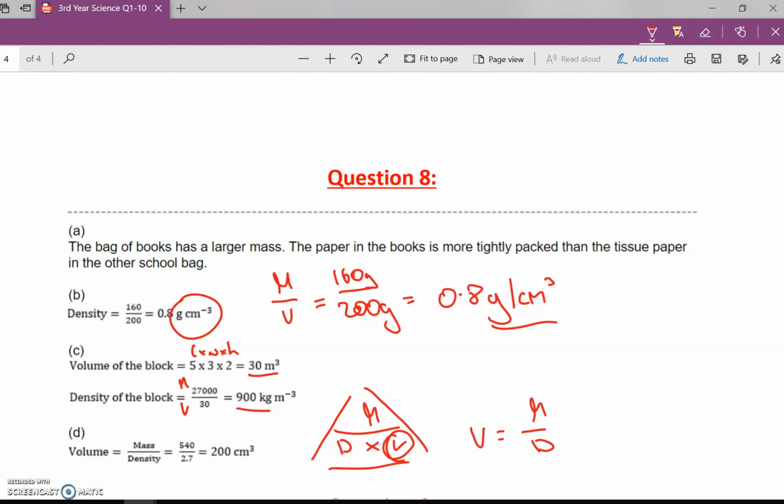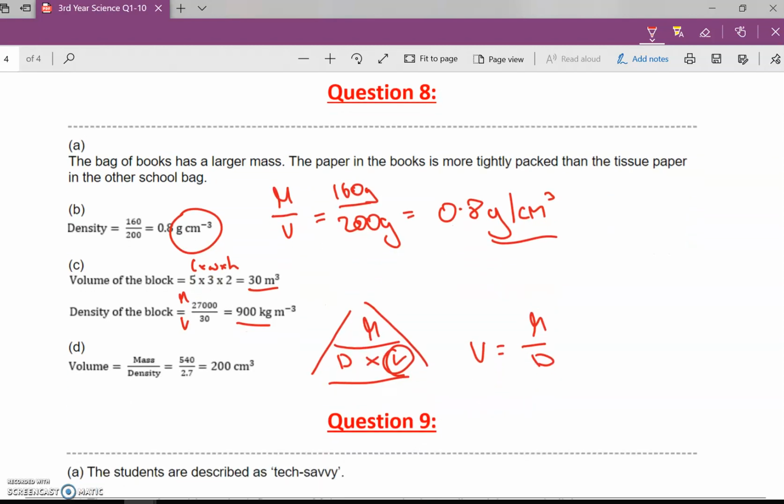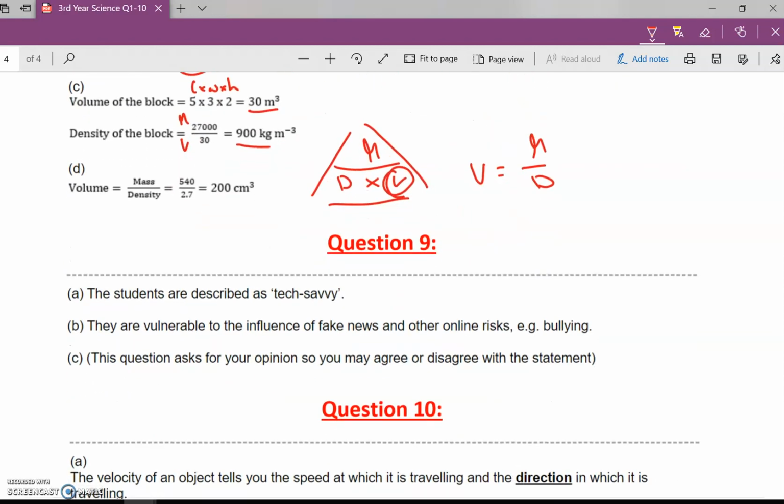So there is 540 divided by 2.7. So 200 centimeters cubed is the answer. Question 9 then, again, it's another